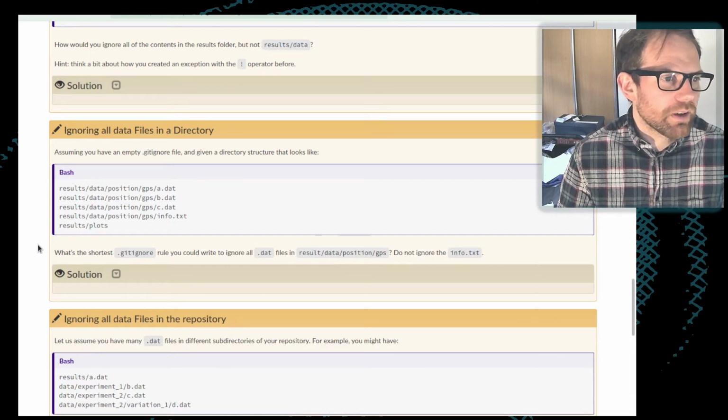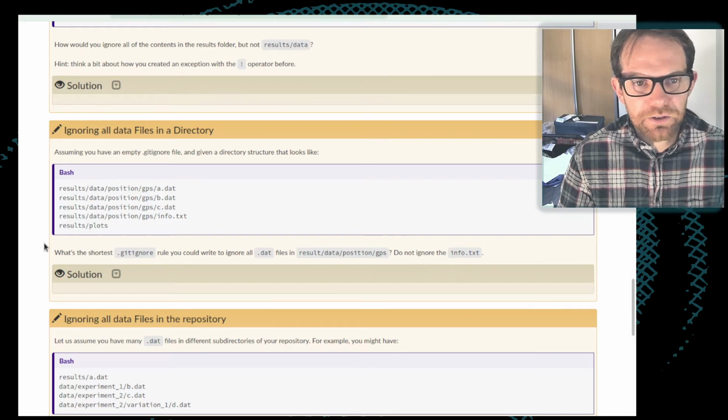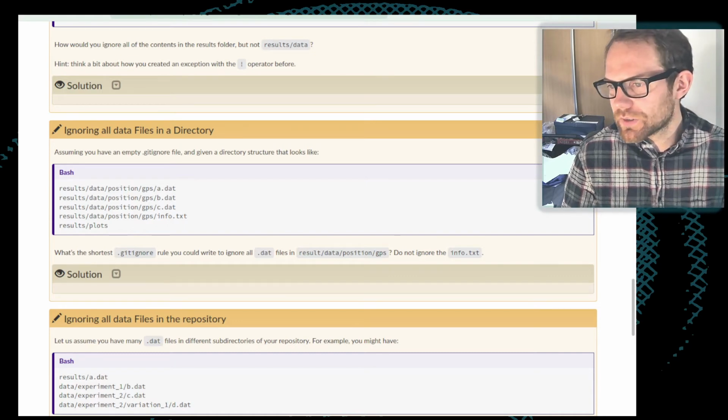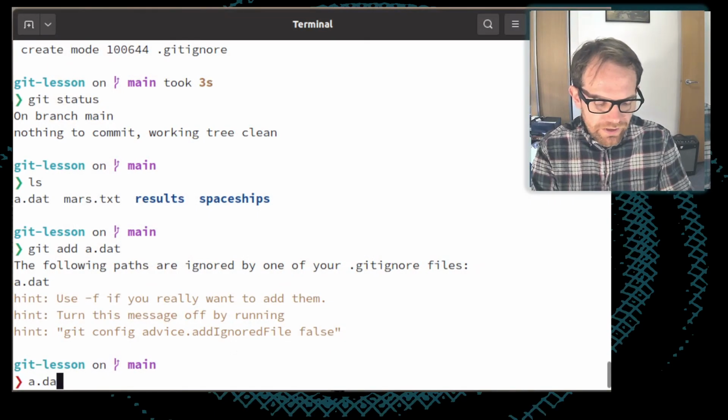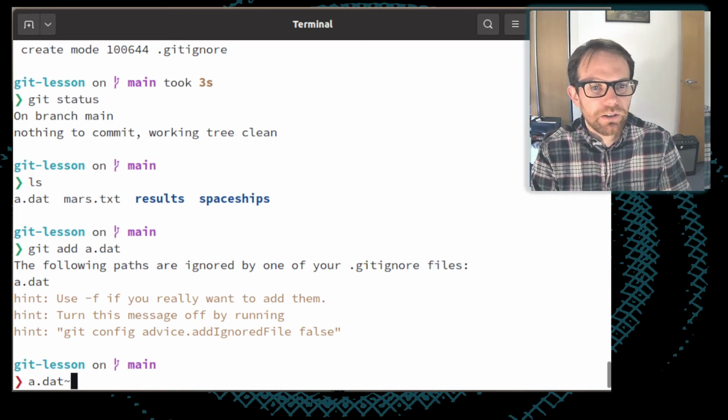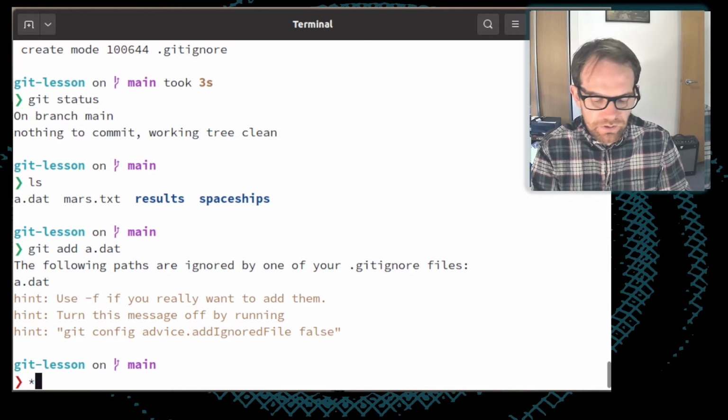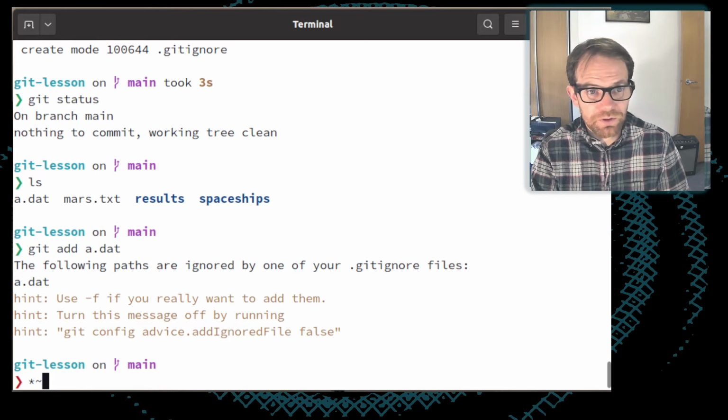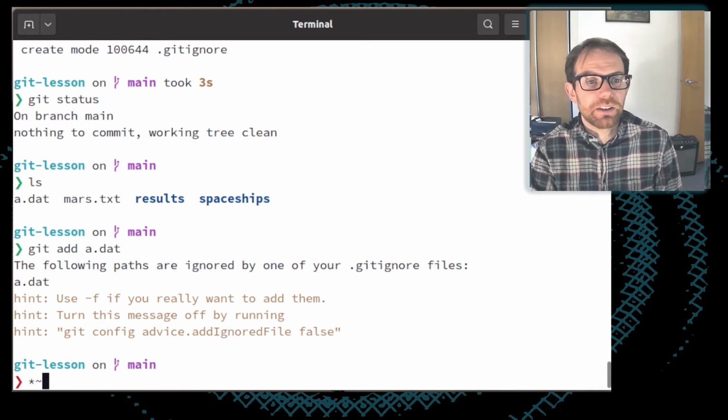And another thing: if any of you, for example, use Emacs as an editor, you'll frequently find that Emacs makes backups of files every so often which would look something like a.dat and then a tilde afterwards. So it's often useful to add to your gitignore file. I frequently add asterisk tilde, so that those always get ignored, because otherwise you can end up with a whole pile of backup files sitting in the repository, which are kind of surplus to requirement, since your repository itself is acting as a backup, since it has the knowledge of the history throughout it.